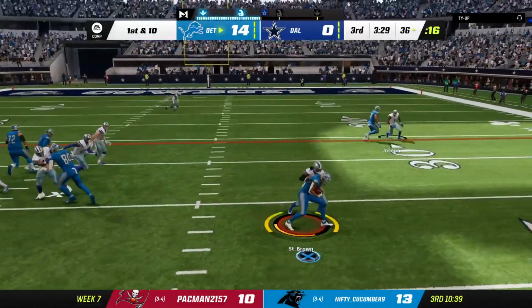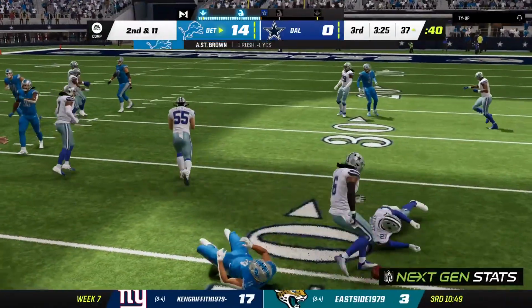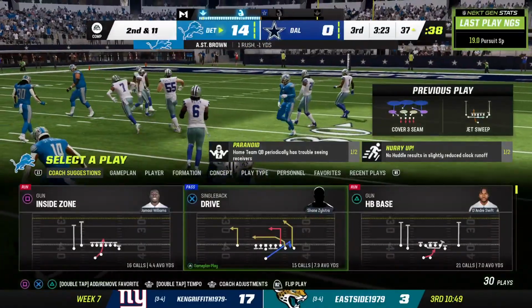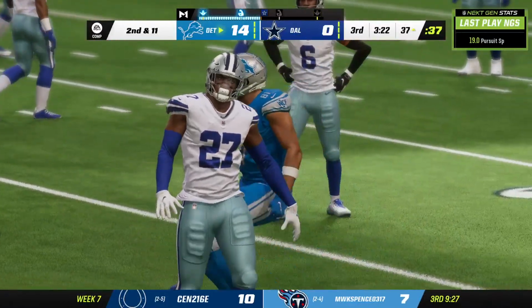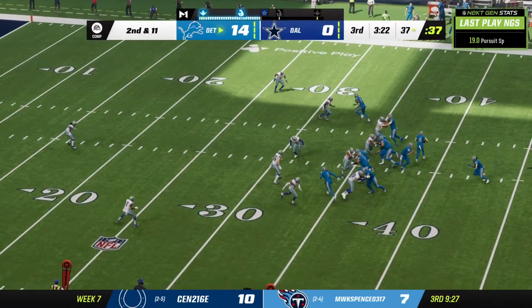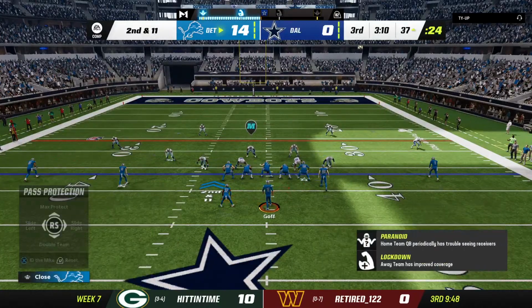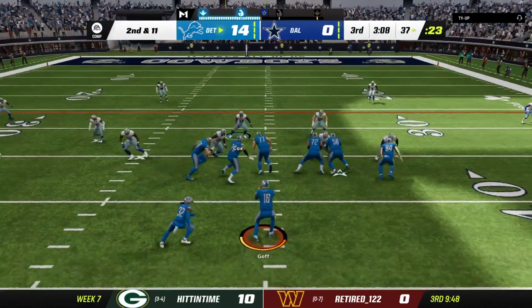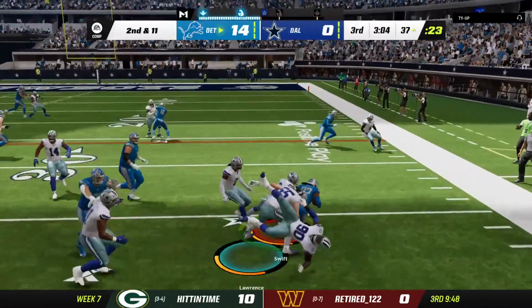Well, they'll run it here on the jet sweep. And the reinforcements come in as they're going to stop him behind the line. He'll lose a yard there, and it's 2nd and 11. Well, as a wideout, when you take that handoff and you're coming around the edge, you're expecting to see nothing but empty space in front of you. But if not, things can go south in a hurry, and that's exactly what we saw on that play